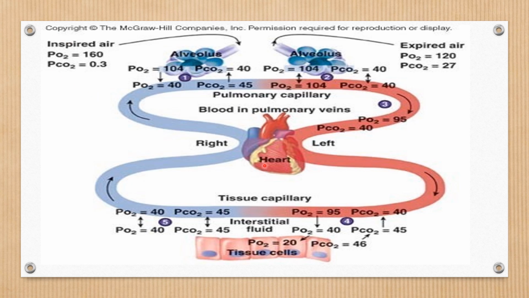So in this slide, we'll see the diffusion of gases and their equilibration across the respiratory membrane. If you see the inspired air, the partial pressures are like this, and in the alveoli, the partial pressure of oxygen is 104 and PCO2 is 40. So this is the venous side or right side of the heart. So what happens is from the alveoli, the oxygen will enter into the capillary, because the venous blood in the capillary has a lower partial pressure compared to the alveoli. So the gradient is 64 mmHg.